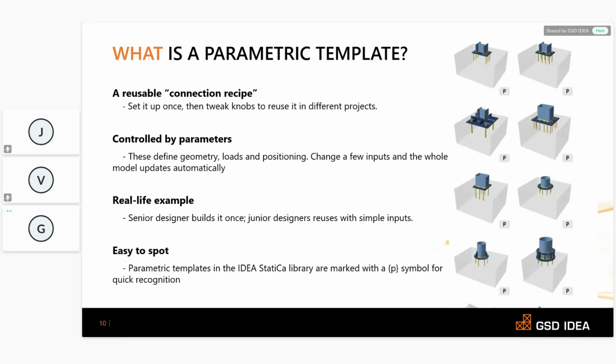They just open the template, update the inputs, and then the model is almost ready. Now, why do we use them? It saves a lot of time and repetitive work that we have been already doing. Reduction of errors, since the logic is already built in, there is a tendency for us to reduce the